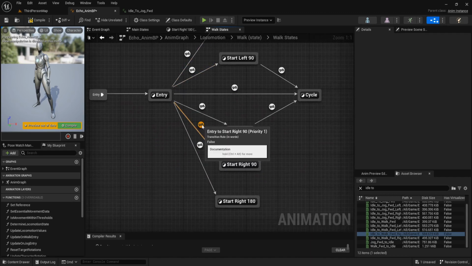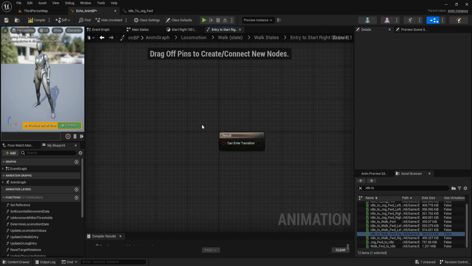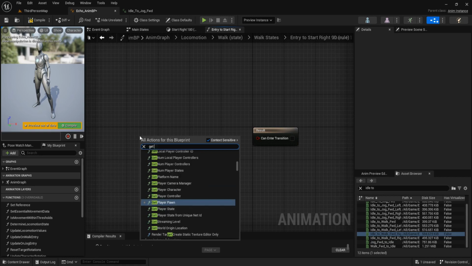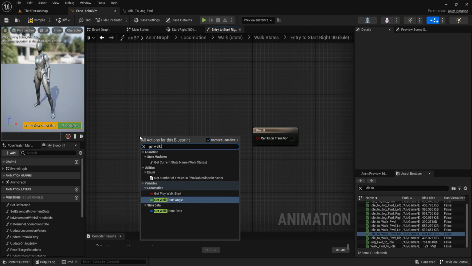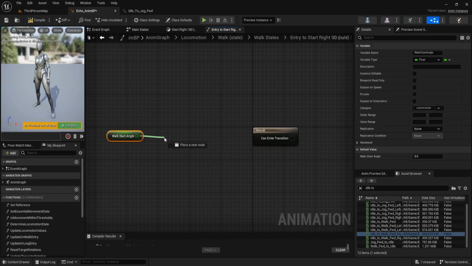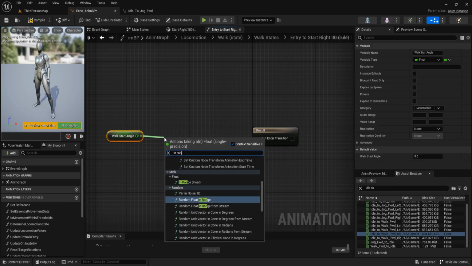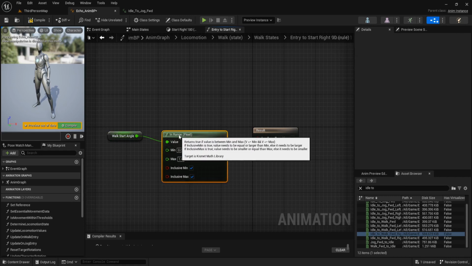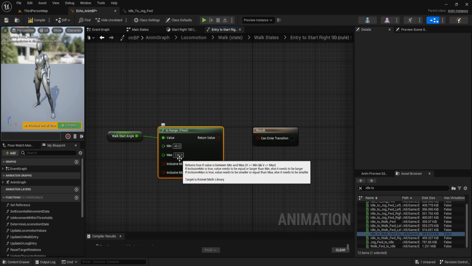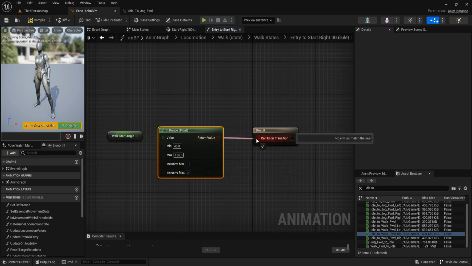This one, start right 90. Get walk start angle, in range. Min is 45, max is 135. The min, set it to false.